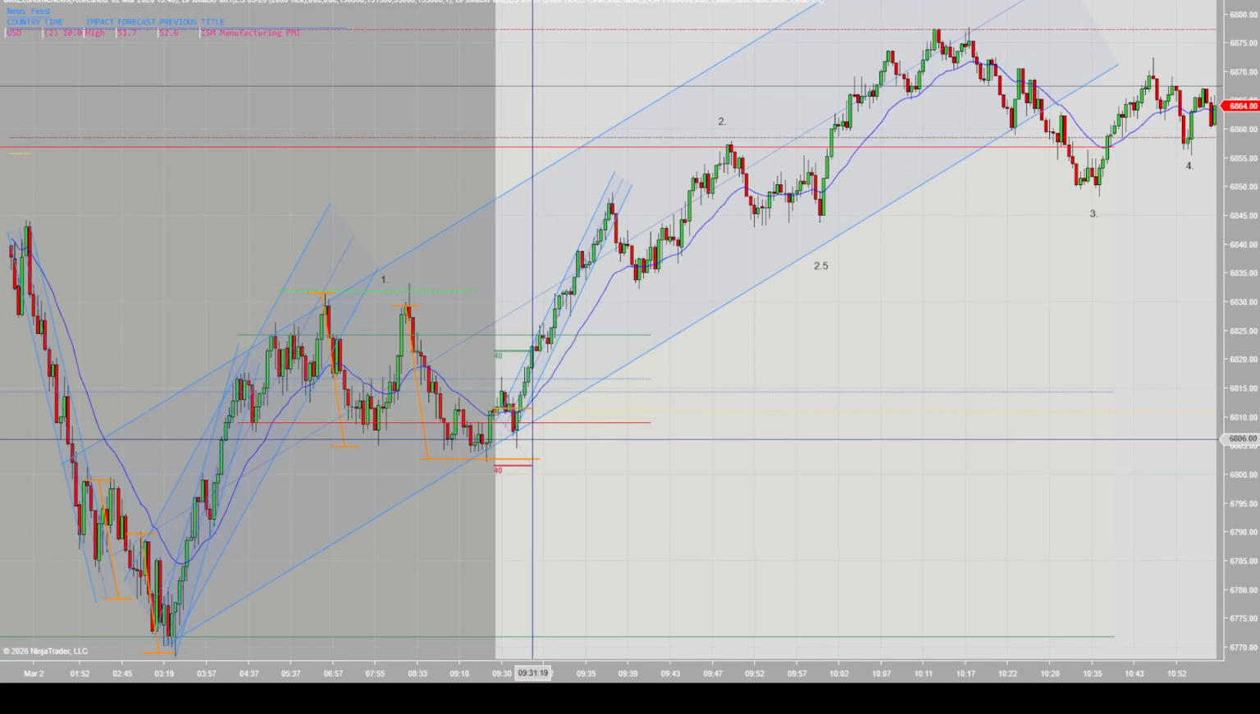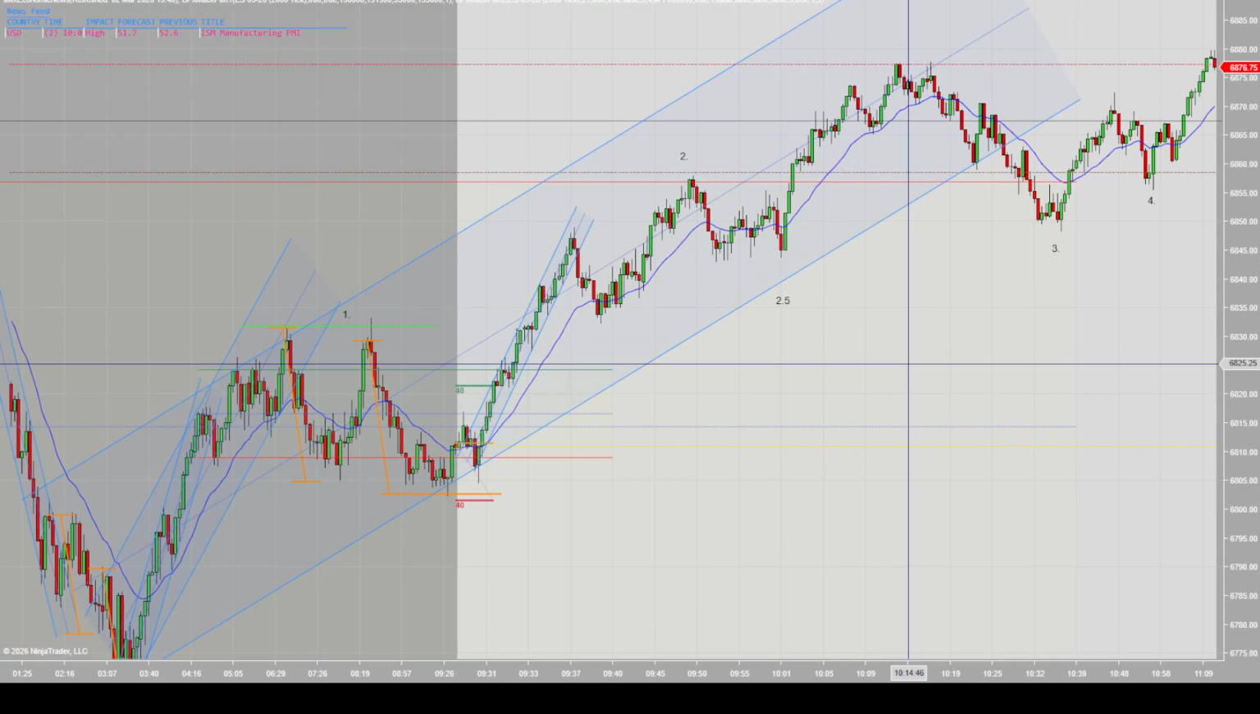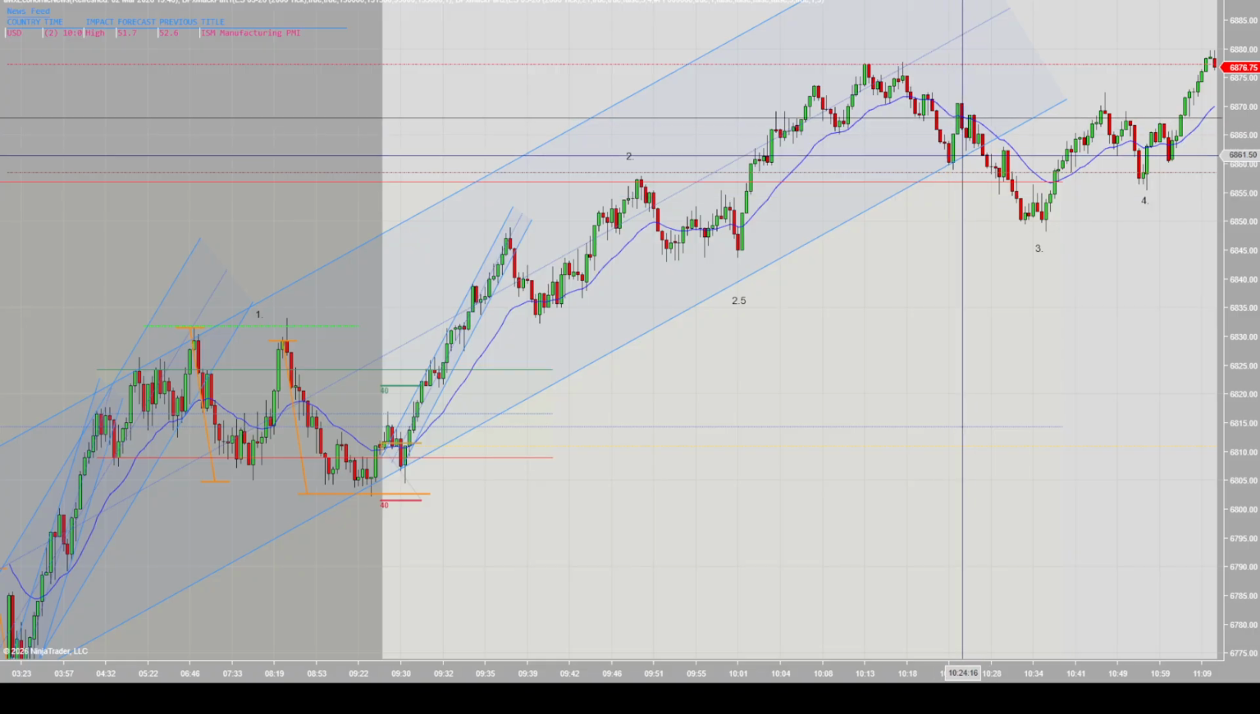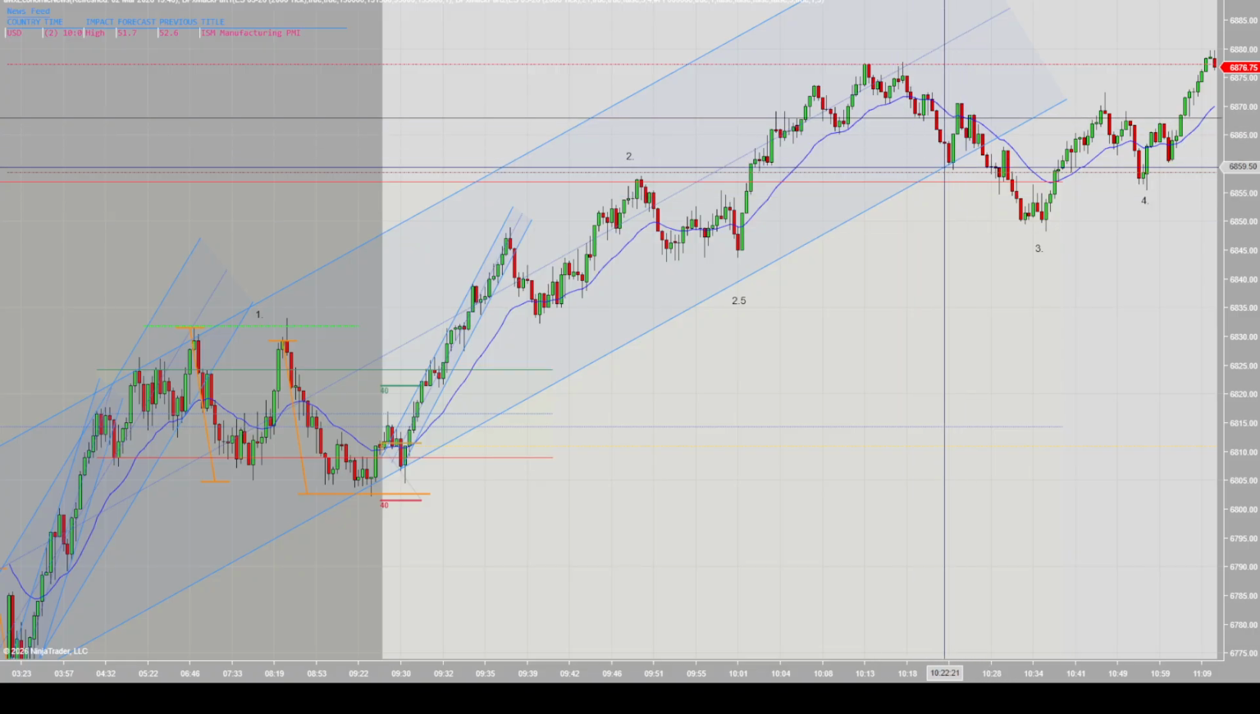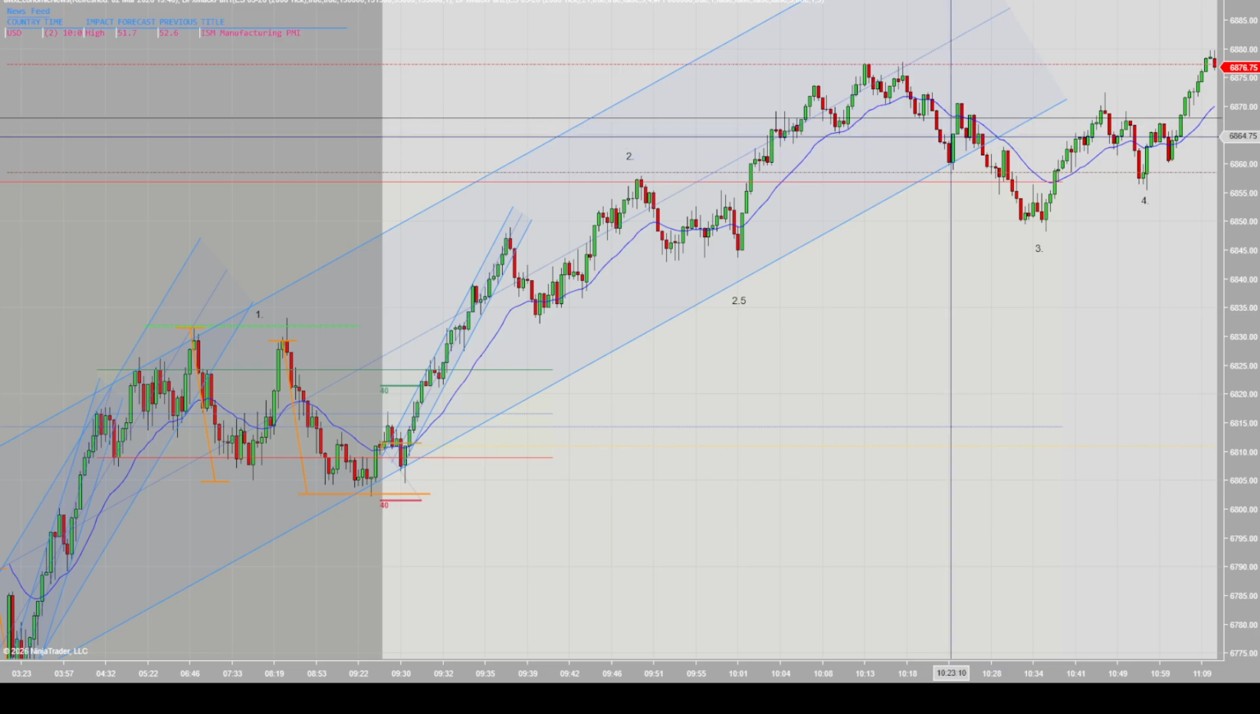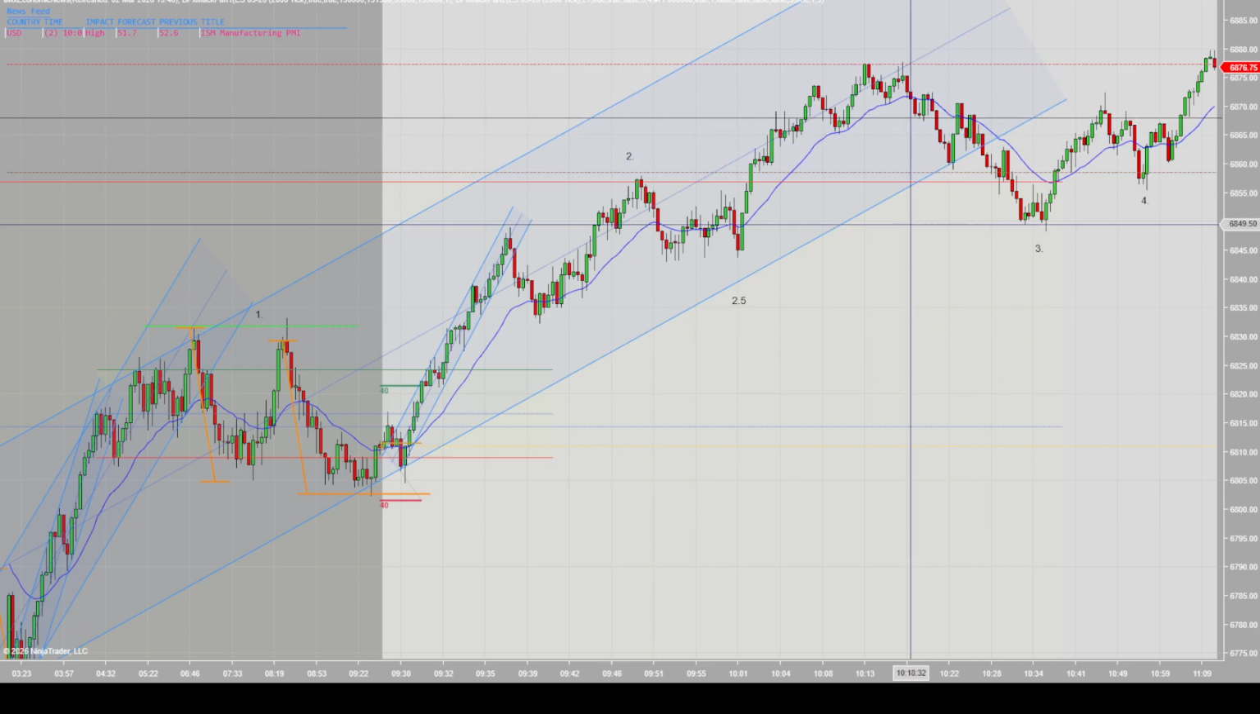The third bounce is what validates it. And then obviously further on in the price action, you can see that people were buying on it again. So at this point,